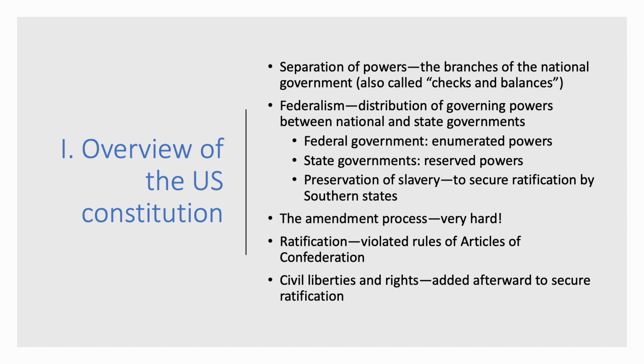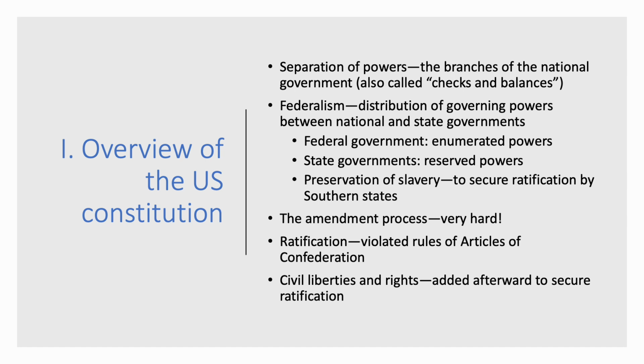Another important part of the deal in federalism was to preserve slavery. And they did this to secure ratification by the southern states. The southern states were not going to ratify the Constitution and join the Union unless slavery was preserved. And we know that because when slavery was threatened by the election of Abraham Lincoln in the election of 1860, southern states seceded from the Union. So we know that they would not have joined the Union in the first place. This was a deal that was made. It's a compromise that was made between North and South to bring in the southern states. Otherwise, they would have gone their way and been a separate country, apparently.